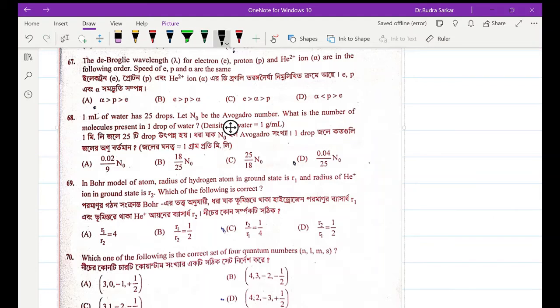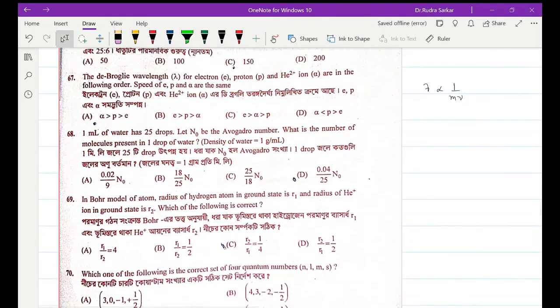That means we will say lambda equal to 1 by mv. Okay, this v is the velocity,